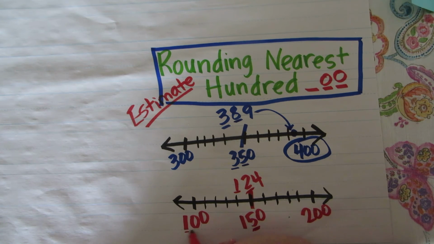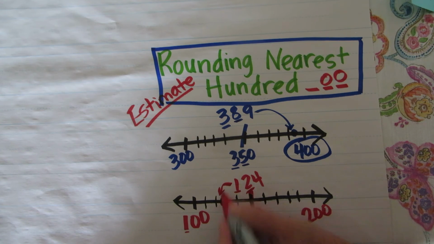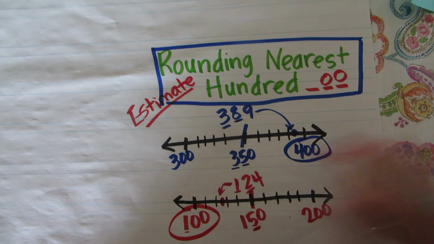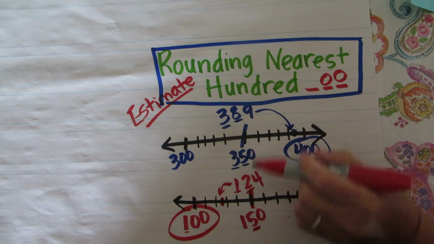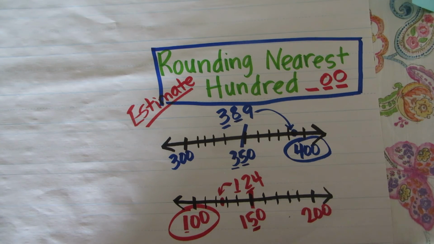In fact, here's where 100 is. This would be 110, 120, 124 would be right about here. So, is 124 closest to 100 or 200? Hopefully you picked 100. So now if we're taking these two numbers and estimating 389 and estimating 124, now we're